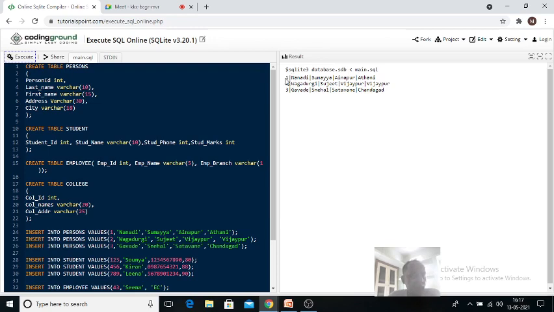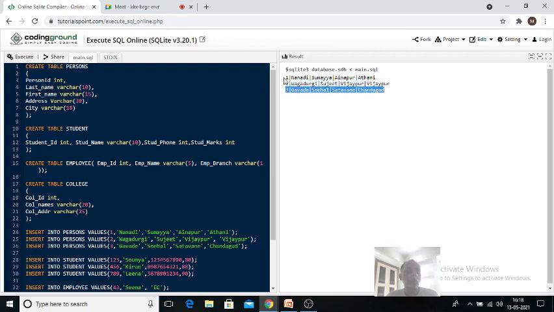This is the first one is what? It's a column. ID, person ID. And this is last name of the person. This is first name of the person. This is address of the person. And this is what? City of the person. Similarly for the second value and similarly for it is a third value.